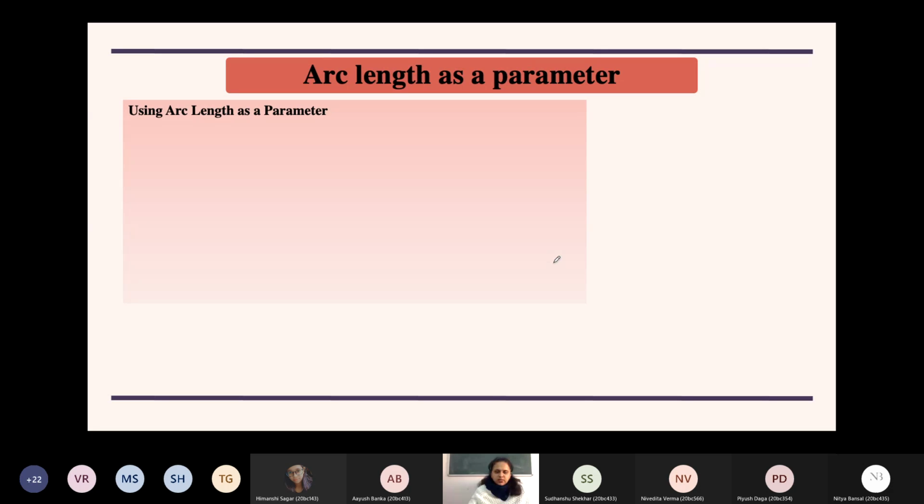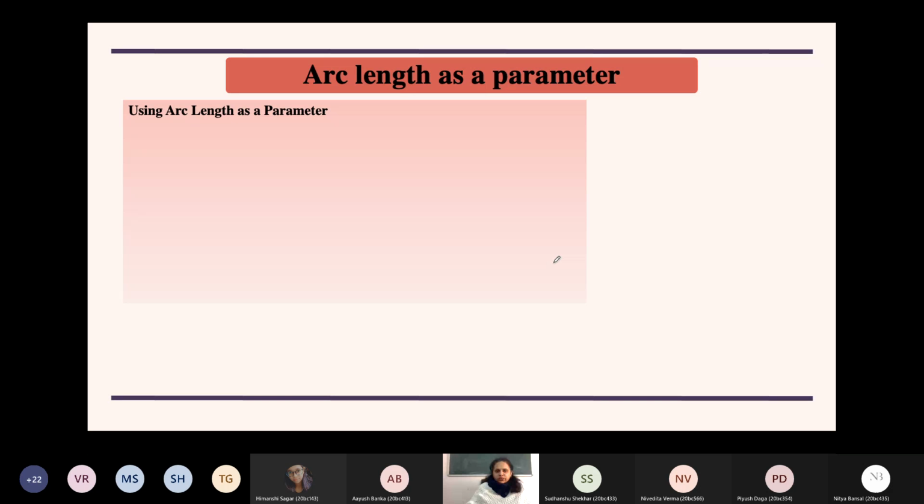Now as I said, the usual parameter which we use is either some kind of an angle or we take it as t. In some questions you would find, say, do this when t is equal to 0 or 1 or half or something like that. So it is usually the time parameter. And in some questions you would find expressions like when t is equal to pi by 2, then what happens, or when t is equal to 2 pi, then what happens. There your t is some kind of an angle.